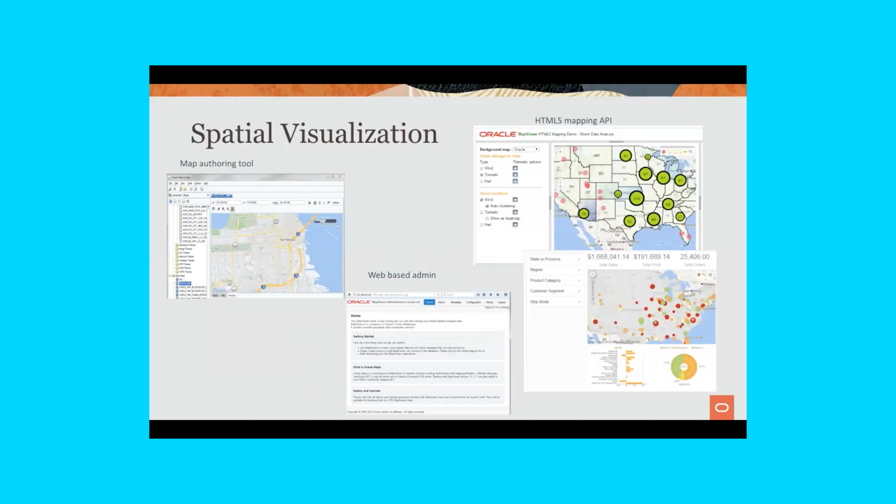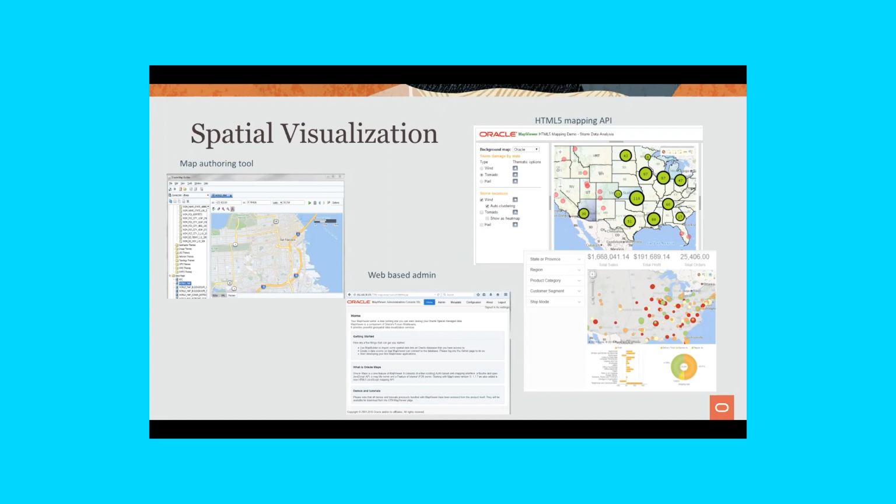So this web mapping application has different parts to it. We provide a map authoring tool. The map authoring tool lets you define how a map will look. So if you have your content in the database, for example, you might have all your customer data in the database. When you put the customer data on the map, then you need to be able to define what symbology to use and what labels to use on those maps.